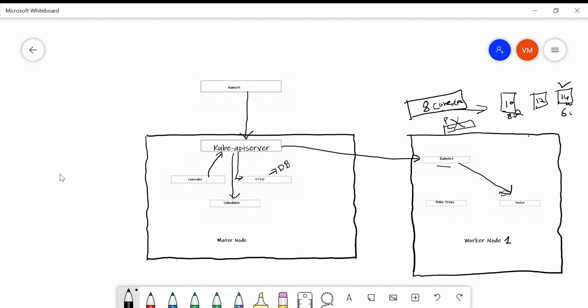and node 2 is hosting your database application in the container. They basically need to talk to each other, right? So their communication is done through the help of kube proxy. The kube proxy will allow you to communicate between containers on different nodes, right?